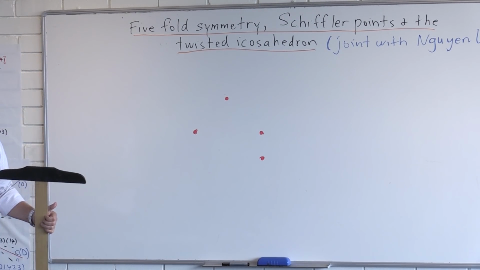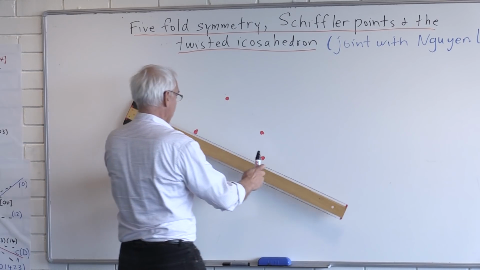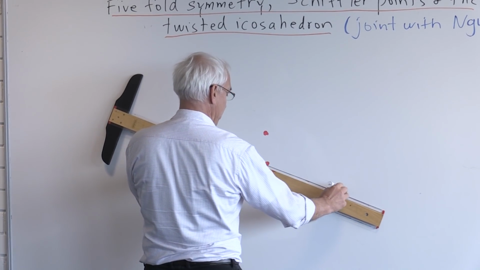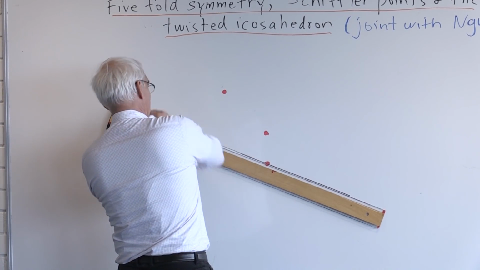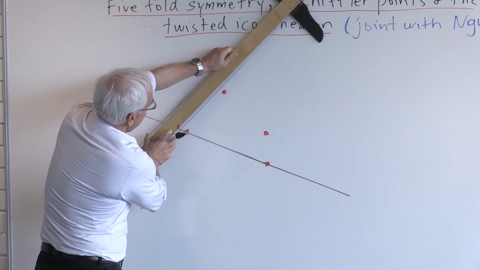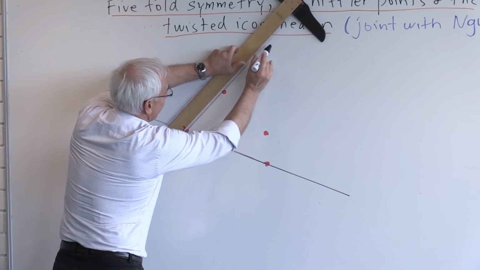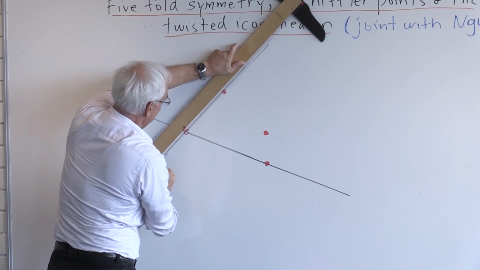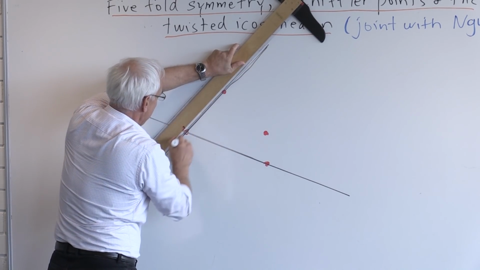Okay, so there's our 4 points, and then we can do what we do in projective geometry, which is to join points with lines. And that's really all that we can do, as well as taking intersections of lines. So we have some lines.